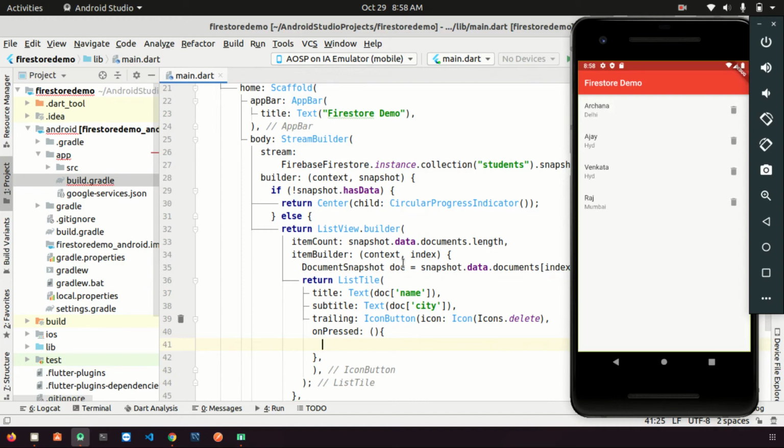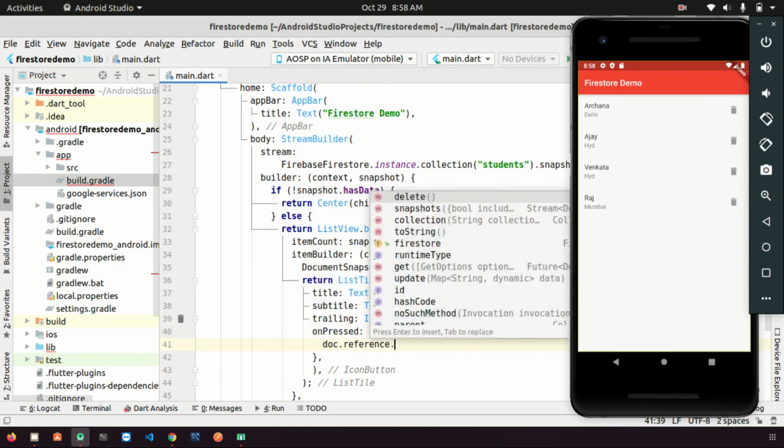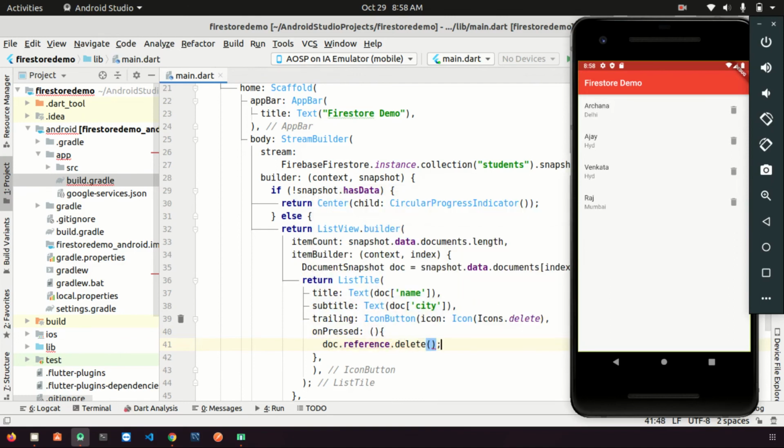So I have the reference, this doc, right? So doc dot reference dot delete. If you want to show a message like deleted or something, you can show it.